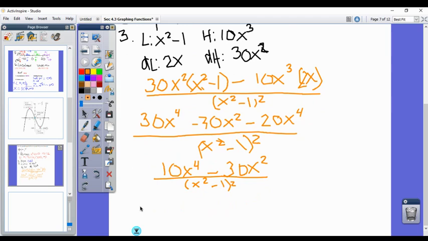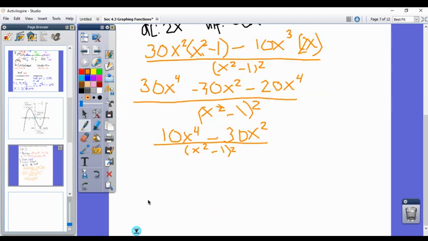And the reason why I'm going to factor it out is so that we can more easily find our critical points. Okay, so I can take out a 10 and an x squared from the numerator. That's going to leave me x squared minus 3, all divided by